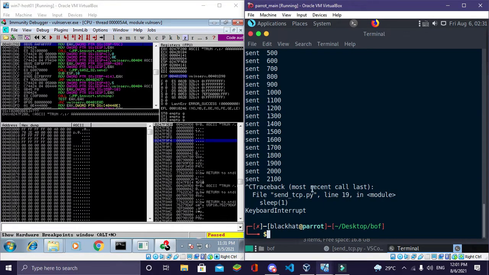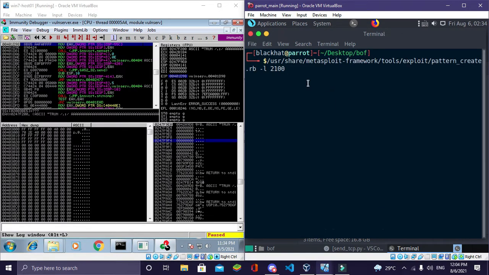To do that, there is a tool called pattern create, which will create some random patterns to send to this server, and taking this EIP value from this Immunity Debugger, we can find the offset correctly using this command, which is this Ruby script, and these options. We can create a pattern.